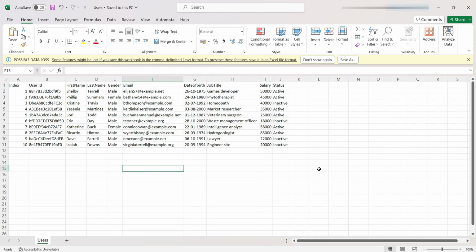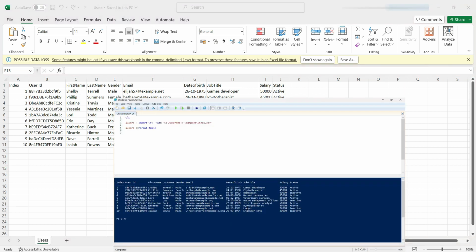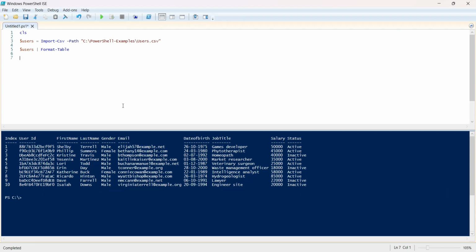Hello. In this video, we will take a look at how to filter the content from the CSV file. This is the user CSV file that we'll be using. We have the index, user ID, first name, last name, gender, email, date of birth, job title, salary, and status. We have already written one PowerShell script that imports this users.csv, and then we are printing it in the console as